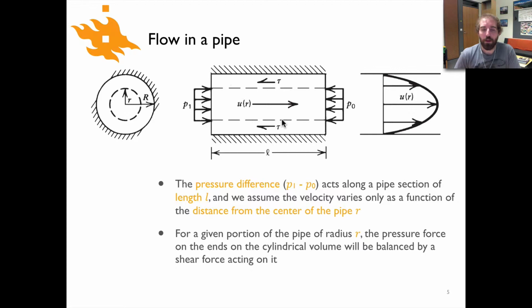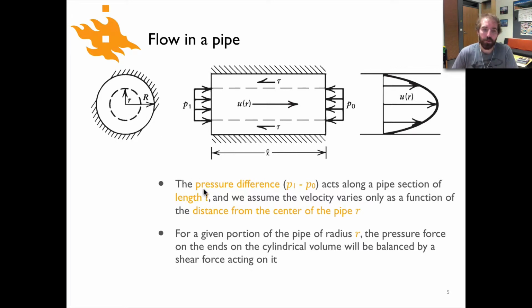So here we have then a cross section, a slice through the pipe along its length, and you can see in this case the length of this piece of pipe is L. There's a pressure difference, P1 on one end, P0 on the other end, and along that length L, we then have a drop in pressure. And we're assuming that the velocity within this pipe is then only going to vary as a function of the distance lowercase r, where lowercase r is the distance from the center of the pipe